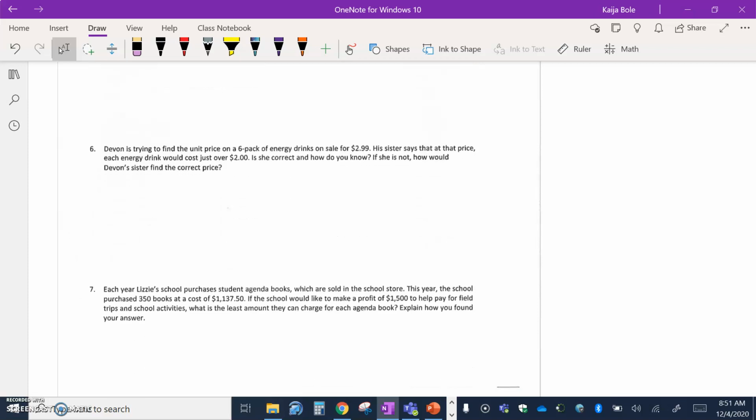So, unit price, it's 6 of them for $2.99. So unit price would mean we're trying to find out how much for one of those drinks, not how much for $1. So to get from 6 to 1, you would divide by 6, and again, use your calculator because the rounding is going to be important here. And you get